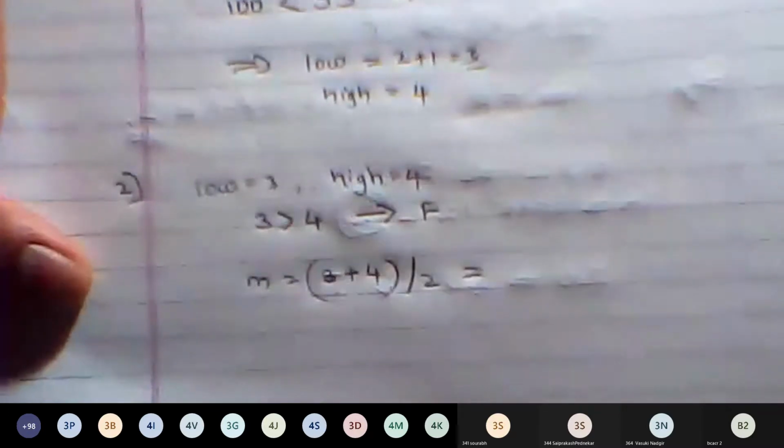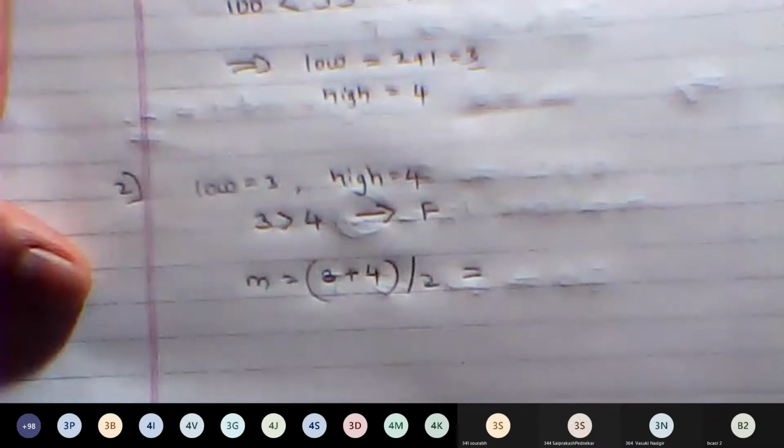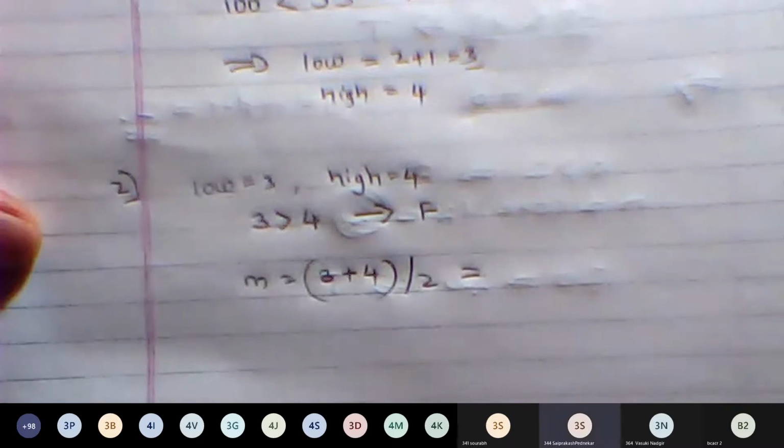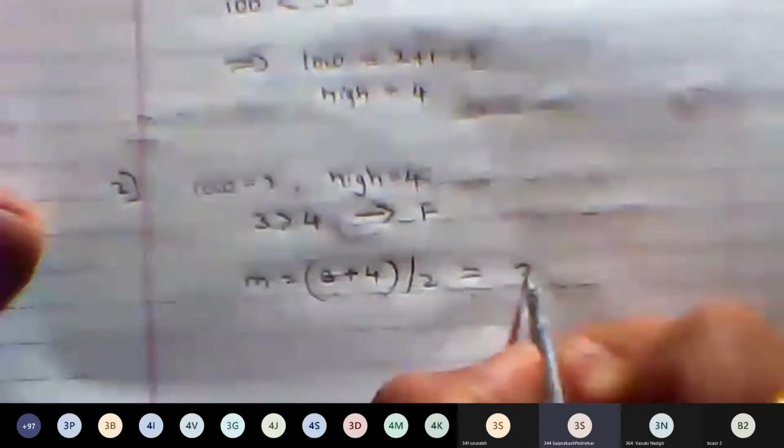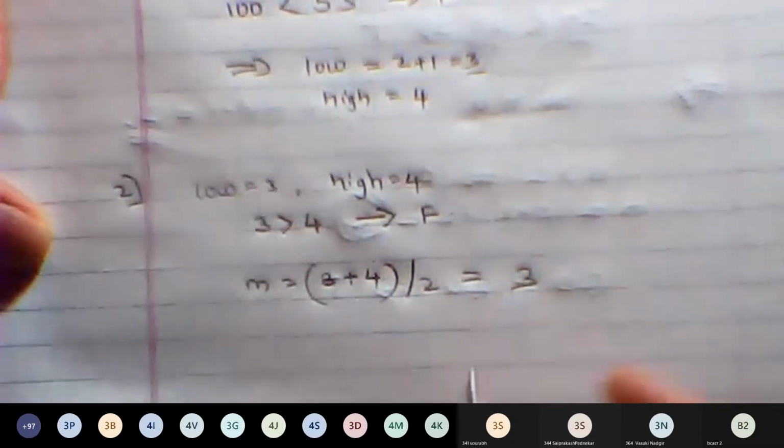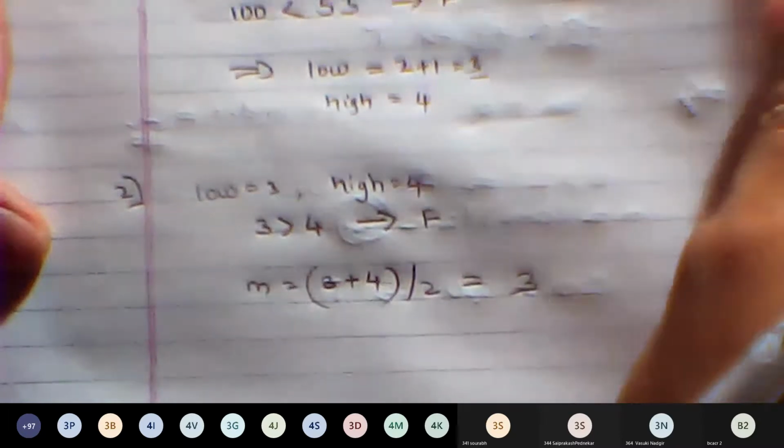How much do we get? 3 plus 4 divided by 2 is 3.5, but we consider only the integral part. So we get 3. Now the element at index 3 is 67.